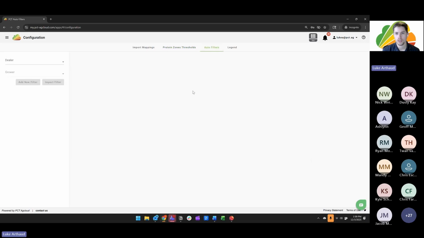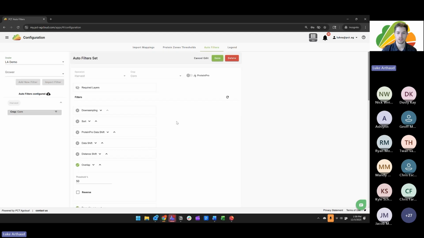The auto filters tool is one that we've had for a little bit, but placed it here in this configuration tool just to get to it a little bit easier. Like the import mappings tool, you can select a dealer and you can set these auto filters to the grower level as well. And what this does is allows you to configure your own data editing filters to be applied